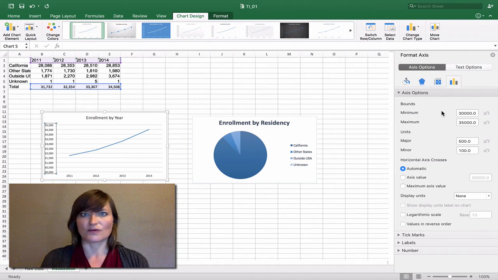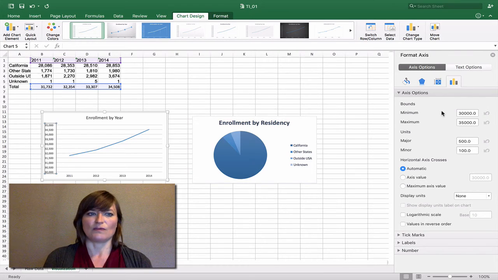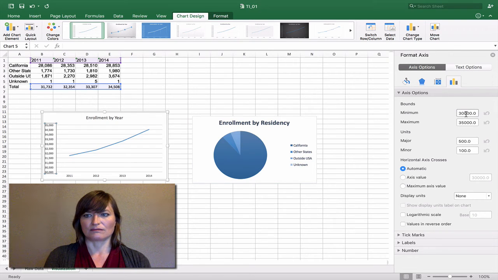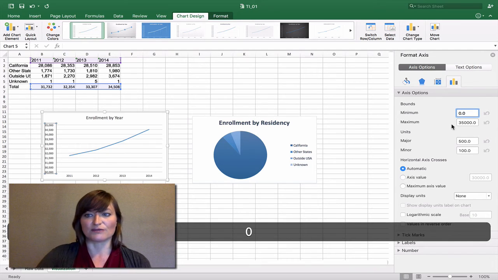We don't need to start with a zero baseline. And in fact, in this case, it would be quite silly to start with a zero baseline because that would really minimize the pattern. Let me show you what that would look like if we did put a zero baseline in.